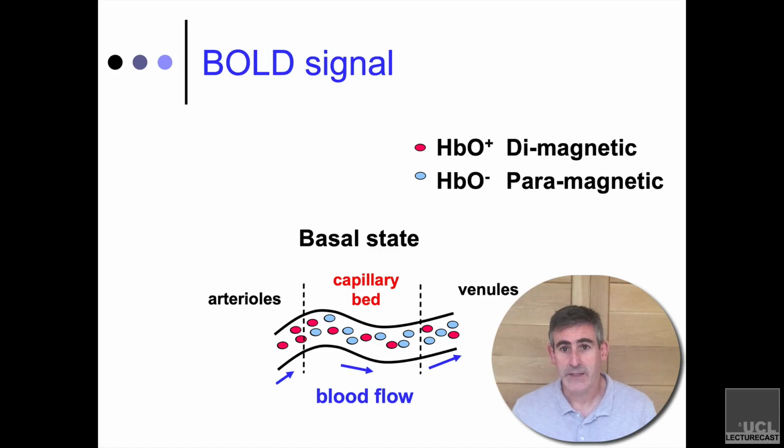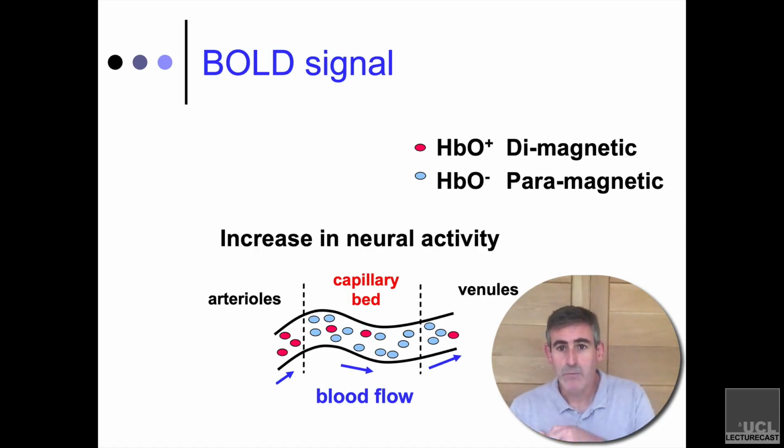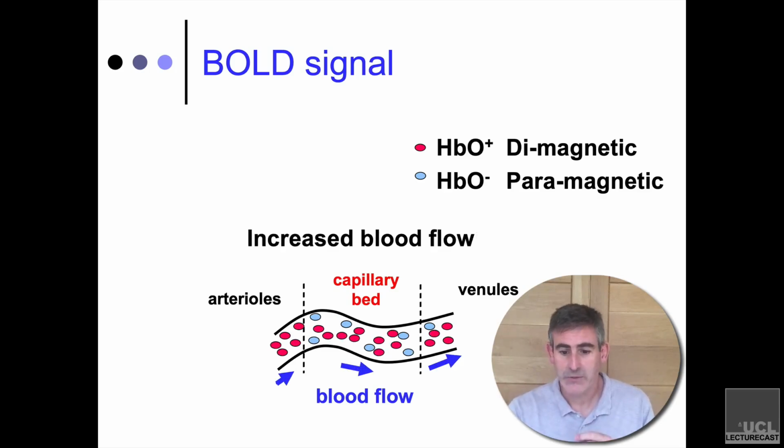However, if you then increase the local demand, so there was something happening there from before, but if you increase that, then it's going to draw more oxygen out of the blood, which means that there are fewer oxygenated blood cells and more deoxygenated blood cells going out through the veins back towards the heart, right? That only lasts for a very short period of time, though, because what Roy and Sherrington discovered was that your body responds by providing more blood. So it doesn't want to have a stroke, it doesn't want to collapse because there isn't enough energy. So what it does is it increases local blood flow, and in fact it gives you more blood flow than your